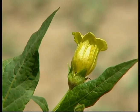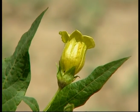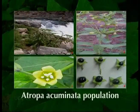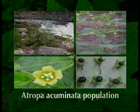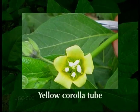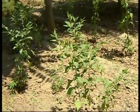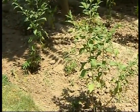In these natural habitats, normally once the plant reaches its flowering phase, we find that the number of flowers per plant is much lower than we ordinarily expect, as you can see again in figure 2, wherein in an inflorescence only a limited number of flowers are seen. Once the flowers attain maturity, they are also ornamentally beautiful, which is also an attracting feature, wherein insects and birds are attracted towards the plant, and they in turn try to destroy not only the inflorescence but sometimes even consume the fruits, which you can see